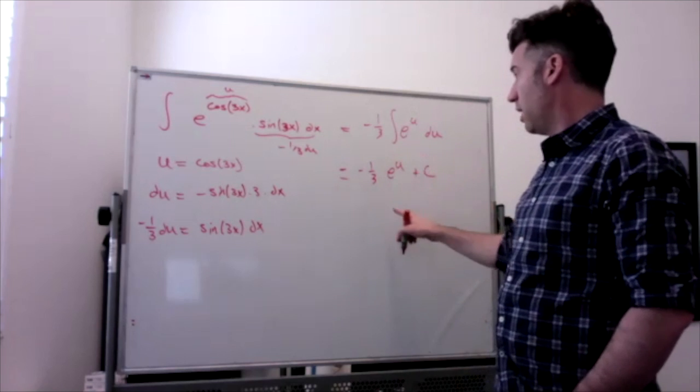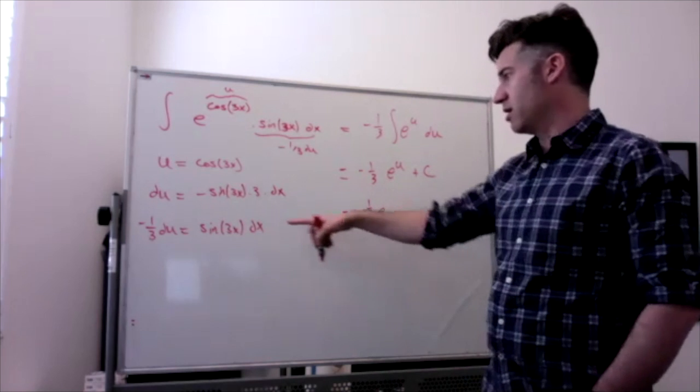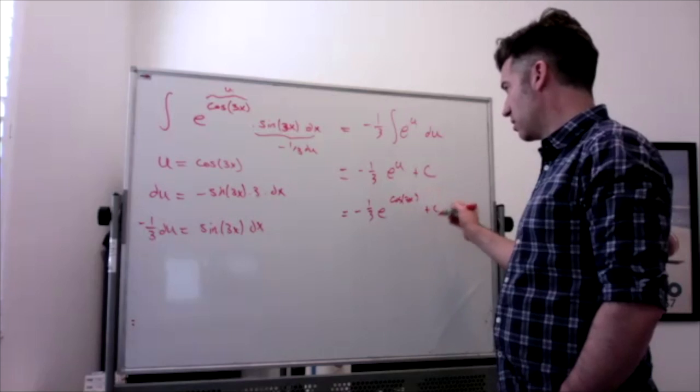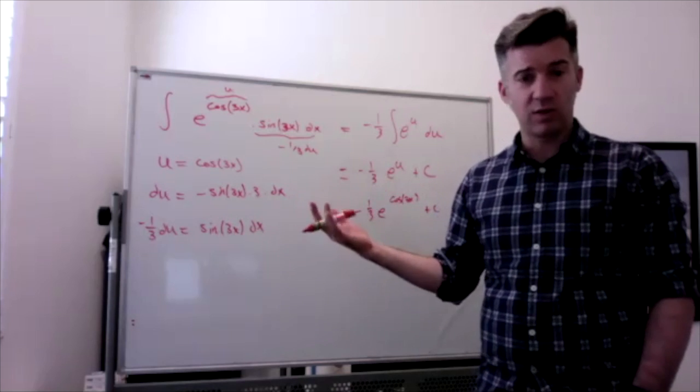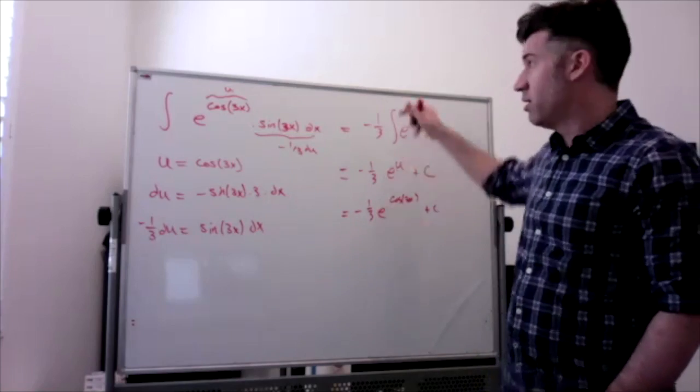Plus c. And then plugging back in u, we get negative 1/3 e to the cosine of 3x plus c. So here's a mixture problem, right? It's a mixture of exponential and trig functions where we use integration by parts. On the other hand,